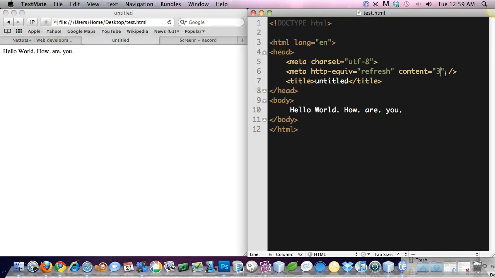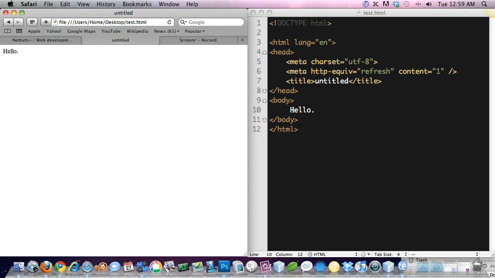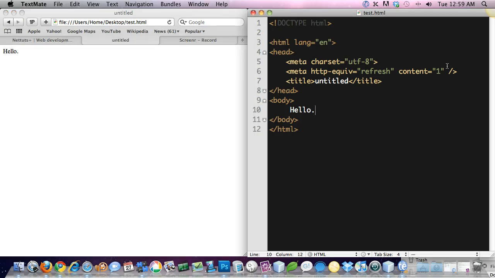Cool, so if you're doing this, you can change it to maybe 1 second if you're making big changes. That way it's almost instantly updated. Okay. So pretty cool. You can use this in any text editor, but if you are using TextMate, better